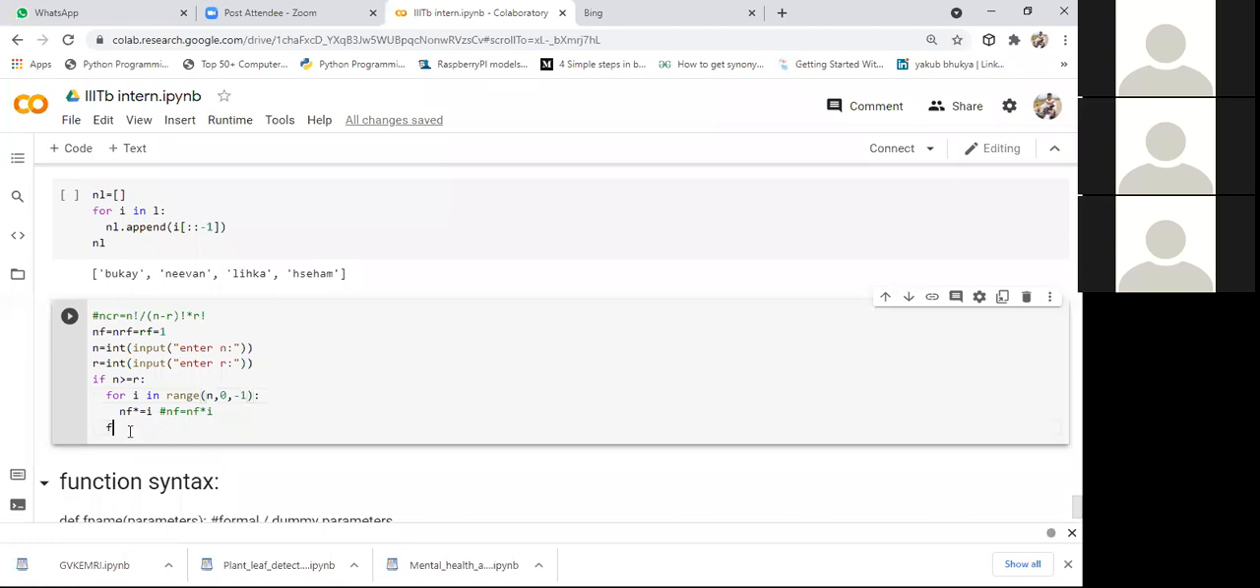Now I want to take one more loop. I'll say for i in, again I'll take i, nothing will happen, range of